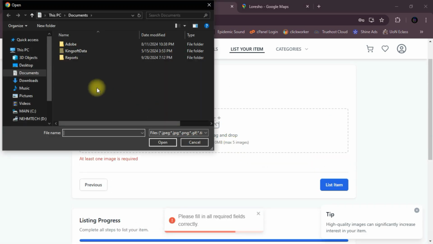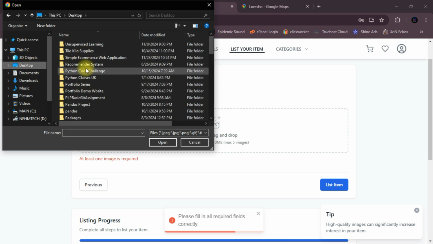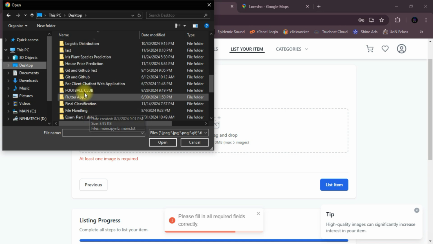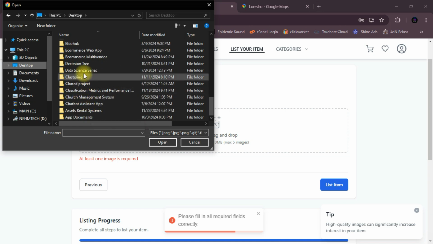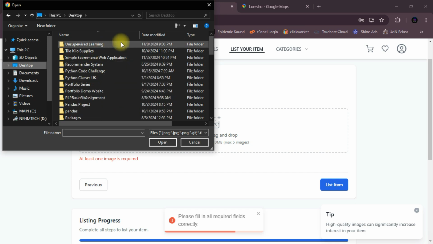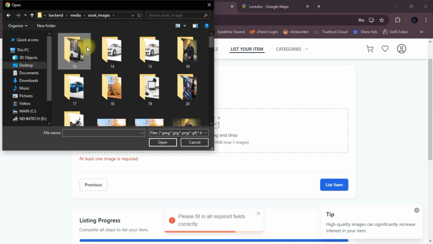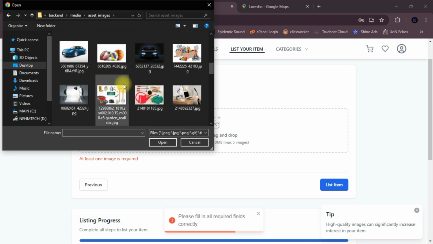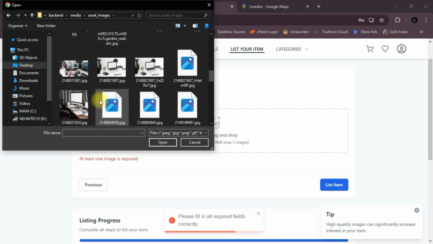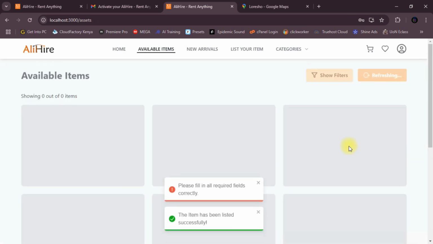Here you can add in the image. I don't know where I can get an image. Let me see something. Thinking on where I can access. Let me use asset image, whatever it is. Let me just choose any, like this one, and then when I click list asset,